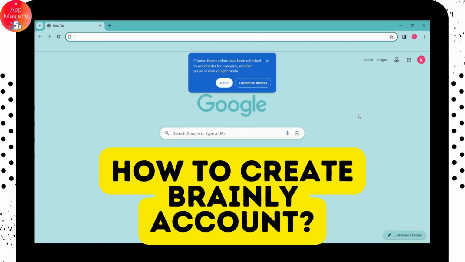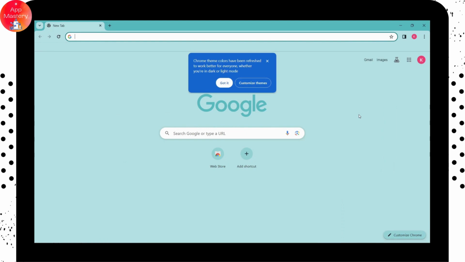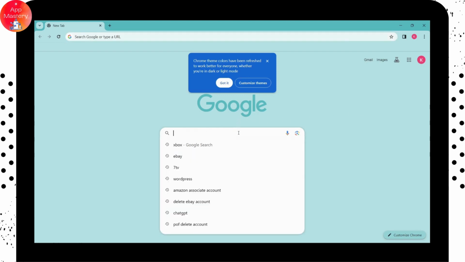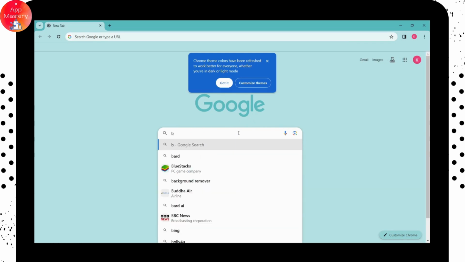How to create a Brainly account. So if you want to create a Brainly account, then first of all you need to open up a browser, any browser that you're comfortable with, and then I'm here with Chrome browser. Simply go for the search bar and search for Brainly,